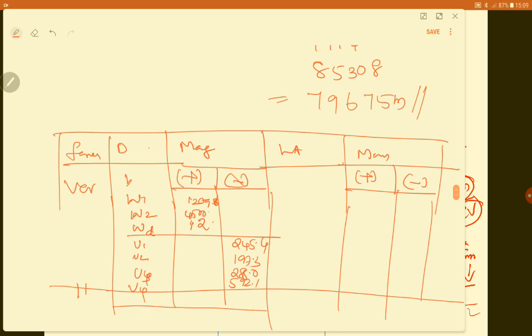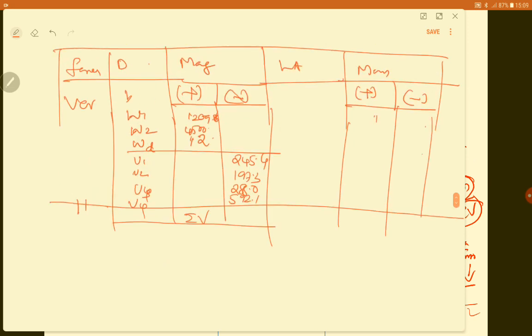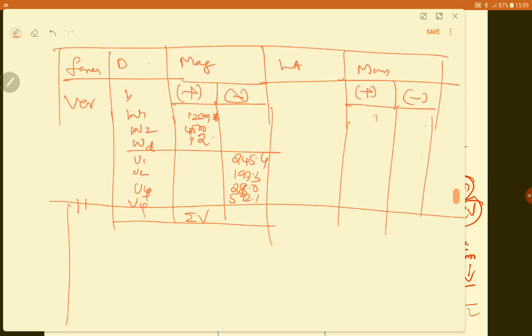From here you will be getting the sigma V value. And then the lever arms, write down the lever arms, also write down the corresponding moments. After getting the lever arms and the moments, then you have the vertical and horizontal forces. Horizontal forces, what are the various forces that come here? P and P dash. Only two forces are there.